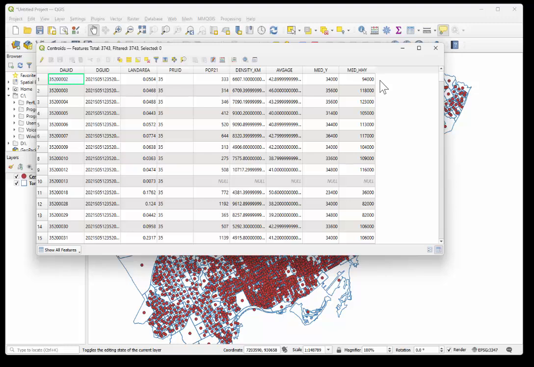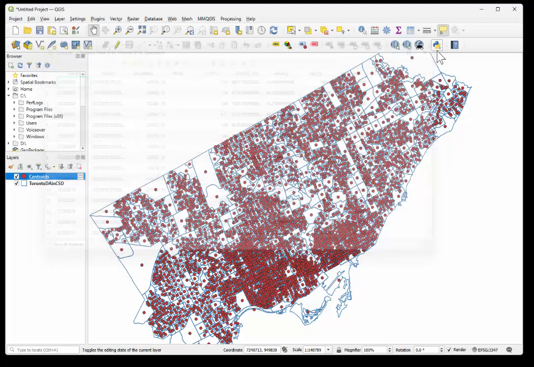But it does not contain the easting and northing, that means the coordinates of the points. So the second step is to add the two columns, X and Y, to calculate the easting and northing, which is measured in meters. So close this. To do so, go to Processing,